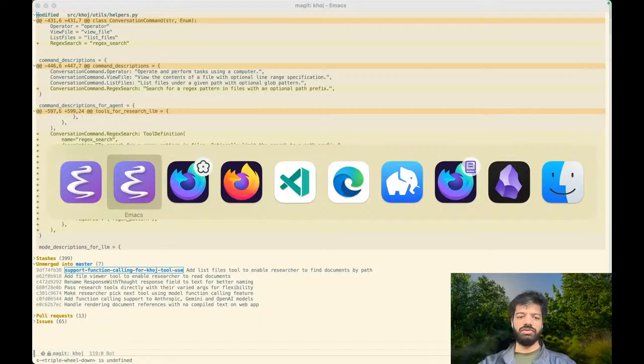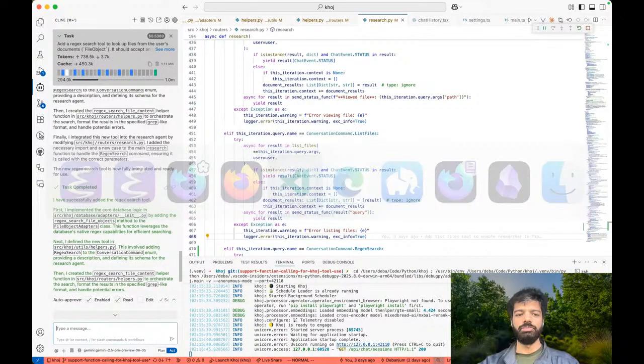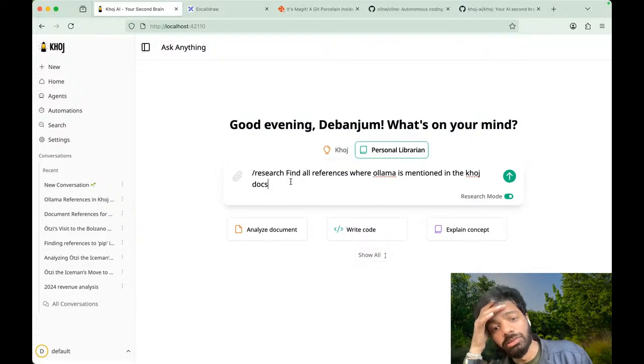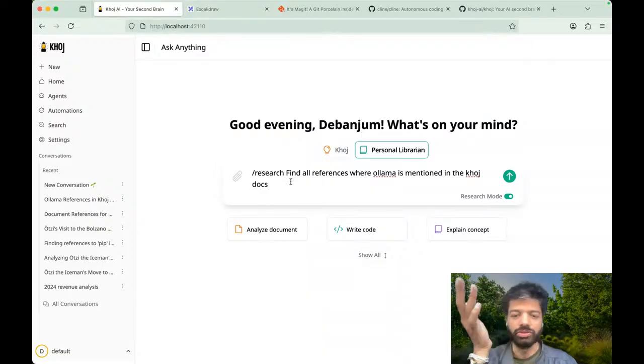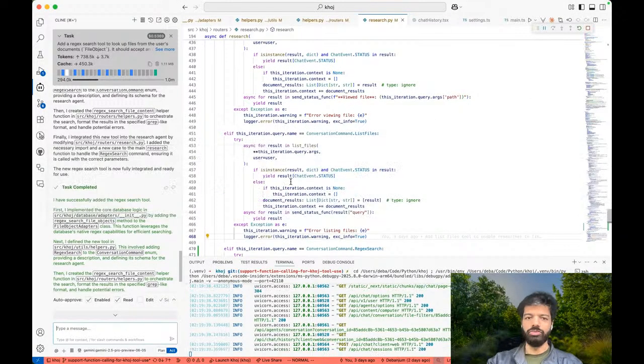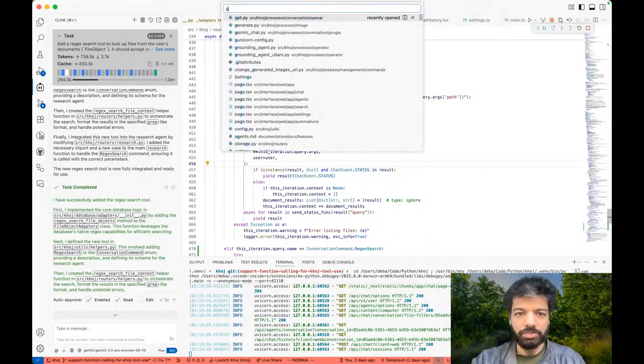Oh, I should have done well. We'll do it later. But what I should have done is show how it does the lookup without the grep tool, and then again how it does it with the grep tool, just so that we can see some of the differences. But let's just go and see if it is even able to make the call to the grep tool at all.